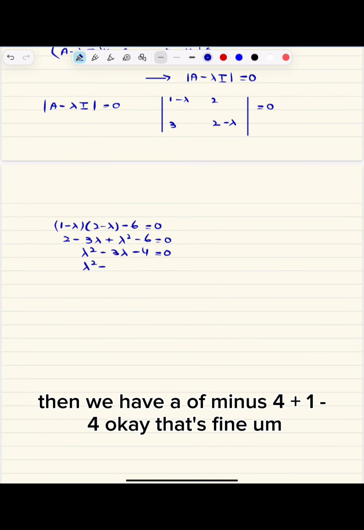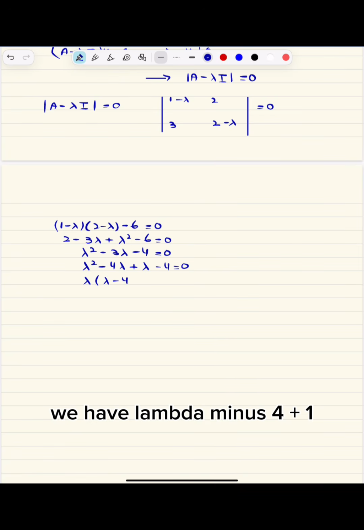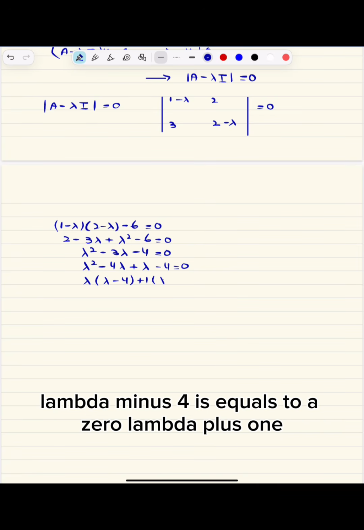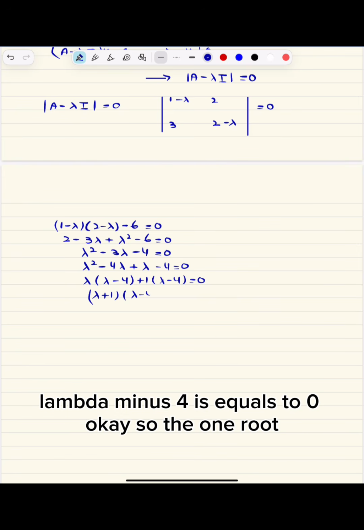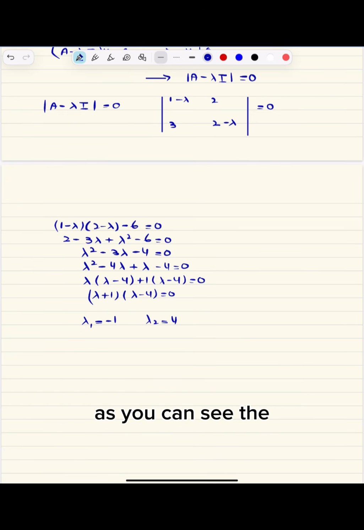Then we have minus 4 plus 1 minus 4. Okay, that's fine. Then we can take lambda as common. We have lambda minus 4 plus 1. Lambda minus 4 is equal to 0. So (lambda plus 1)(lambda minus 4) is equal to 0. Okay, so the one root is minus 1 and the second root is 4. As you can see,